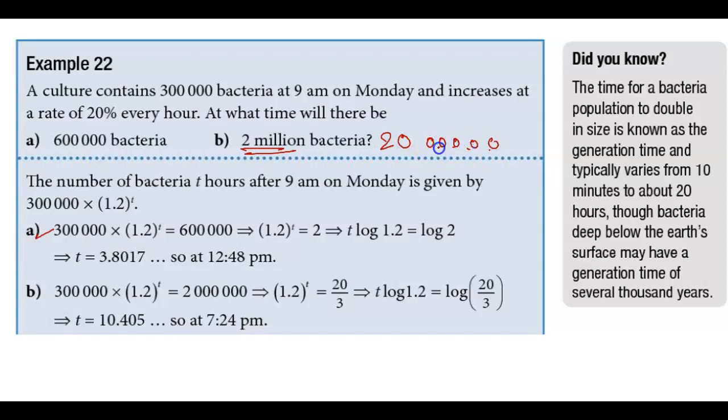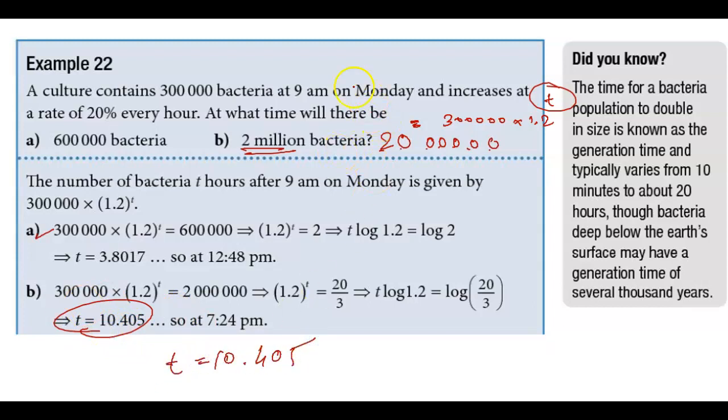Ones, tens, 100, 1000, 10,000, lakh, 10 lakh, right? 20 lakhs bacteria, and the expression for that will again be 3 lakh into 1.2 raised to power t. Use the same process to solve. You will get t as